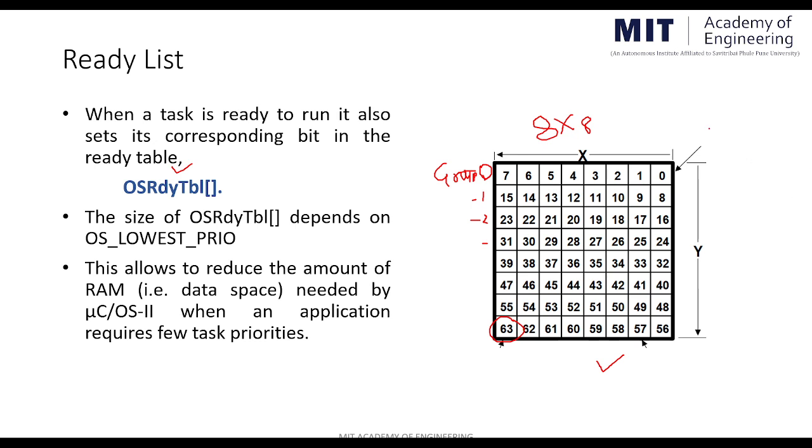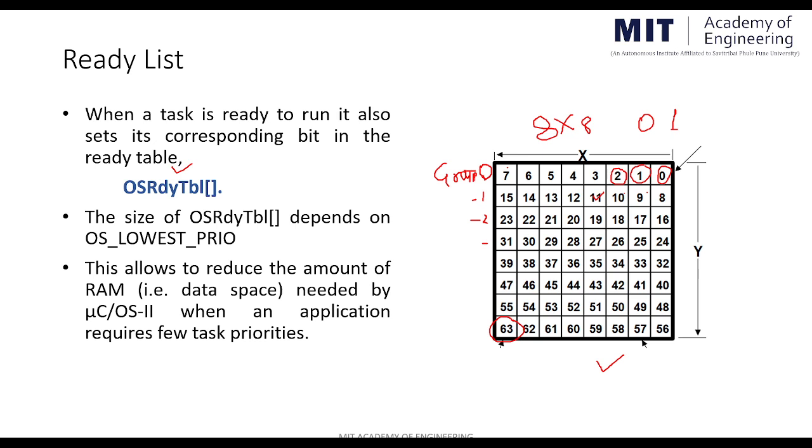Every bit number, this 0, 1, 2, indicates the priority number. 1 is the first priority, 2 is the second priority. These numbers are just for our understanding, but actually this matrix is a blank matrix holding values of either 0 or 1. These are numbers we have drawn here for understanding, and each is nothing but the priority number of the particular task.